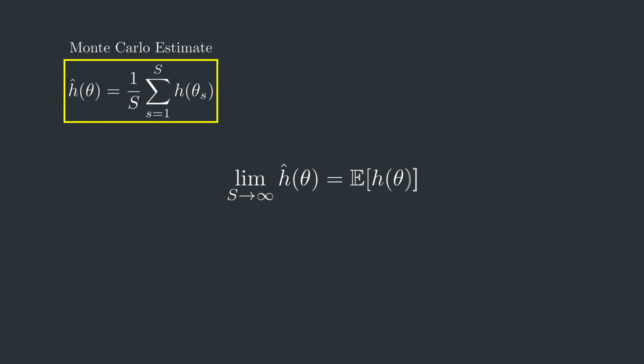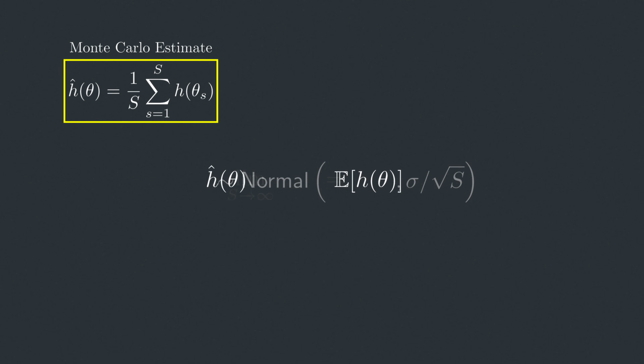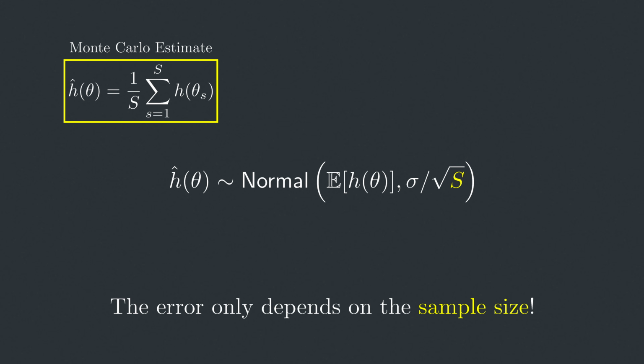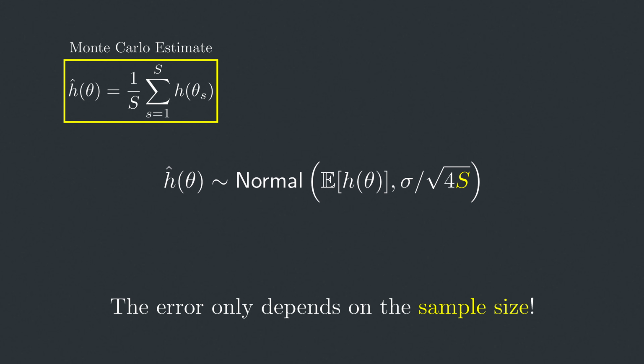An important theoretical guarantee of Monte Carlo methods comes from the central limit theorem. As more samples are gathered, the distribution of the estimate approaches a normal distribution, centered on the expectation with a standard error equal to the distribution's standard deviation divided by the square root of the sample size. This has a nice implication. Quadrupling the sample size reduces the error by a factor of 2, allowing us to target a desired error in